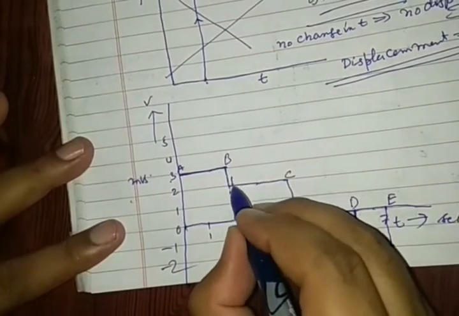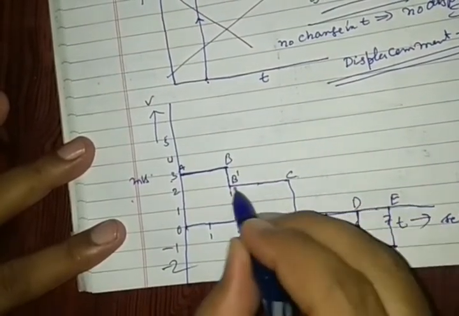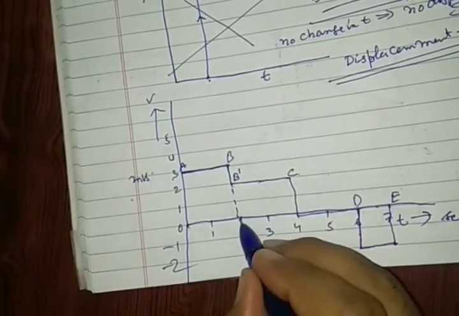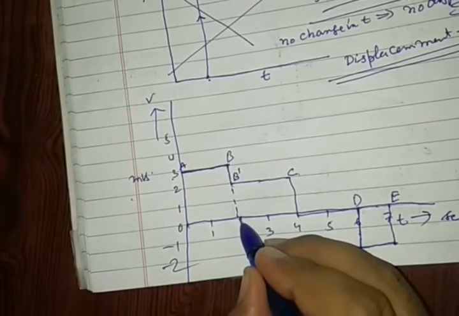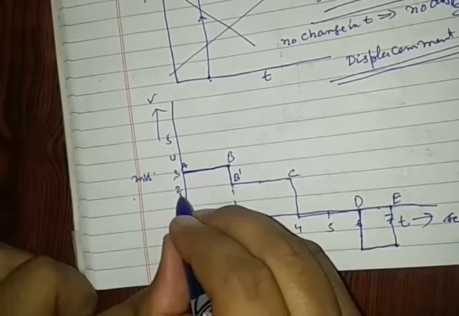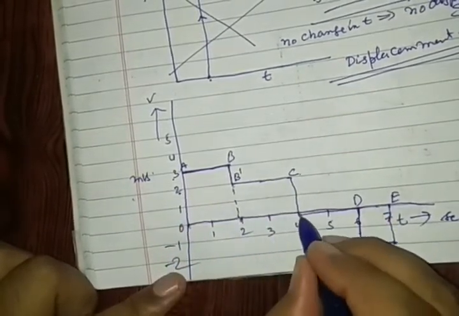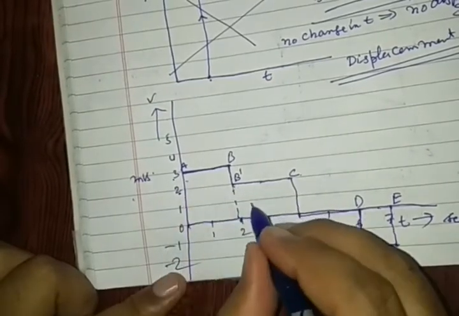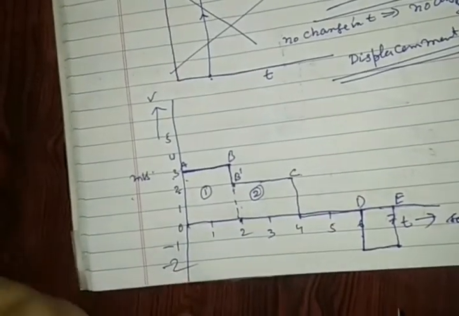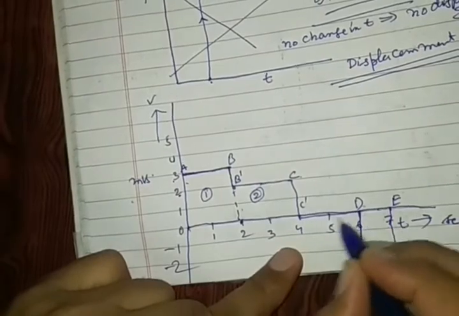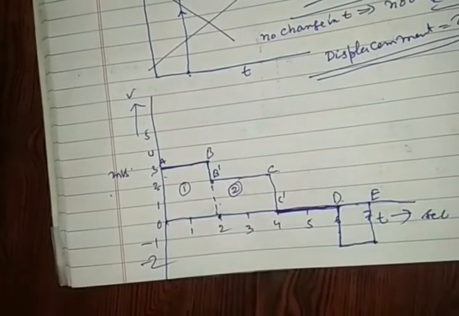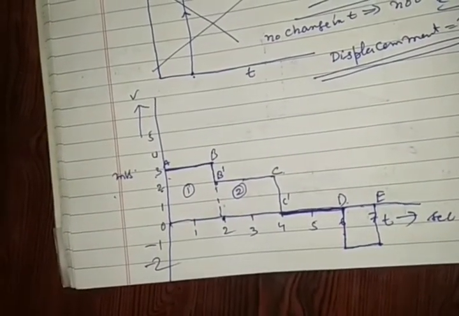Now see, it is from B dash to C, or you can even say B to C, because here time is 0, meaning no change in velocity, no change in distance. So B to C, it travels with velocity 2 meter per second. Here another rectangle. It is rectangle number 1. It is rectangle number 2. Now 3. Here C dash to D, no rectangle is formed. Here a straight line. It means no area is here, no distance traveled.